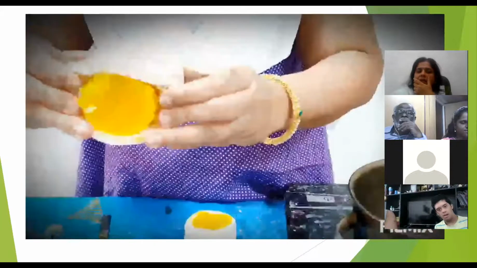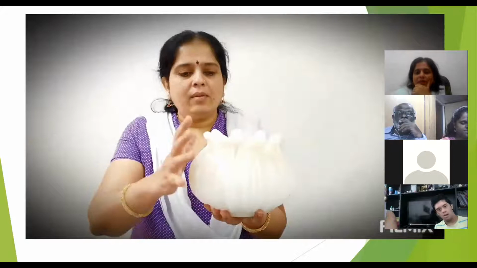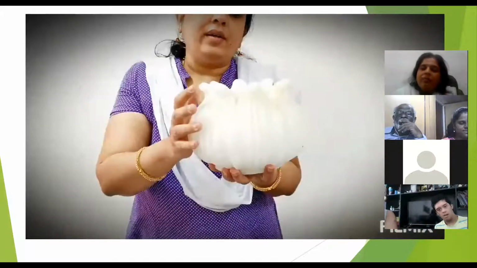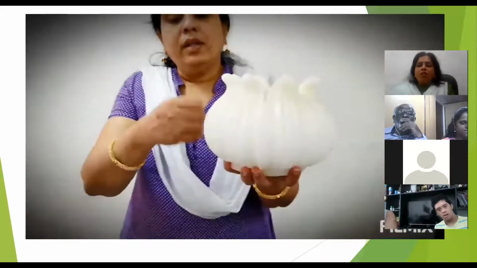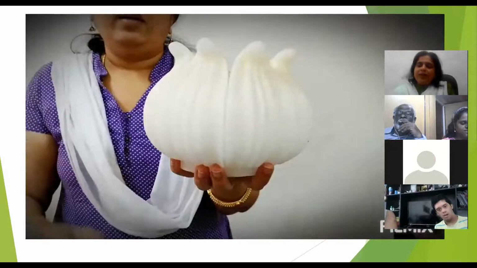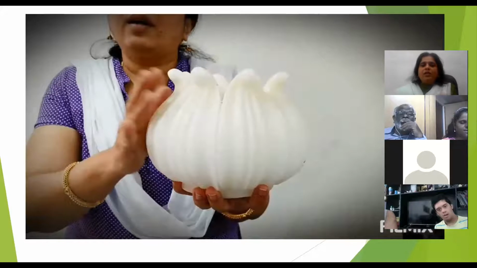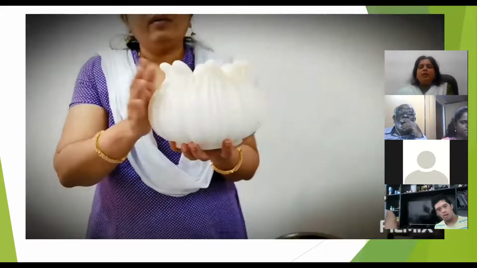So loosen it and then give a pressure, that's all. These are called hurricane molds. Hurricane molds are really very big. You get them with knobs and they're very big actually. You get them with nail locks and all that. So you will have to remove all that and make a candle. This is also made from wax. All this can be ordered and we can purchase it online also. But what I suggest is we start with the first small level, and then we can proceed with the larger ones.